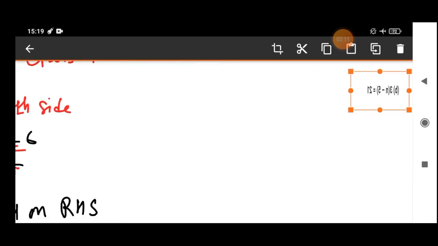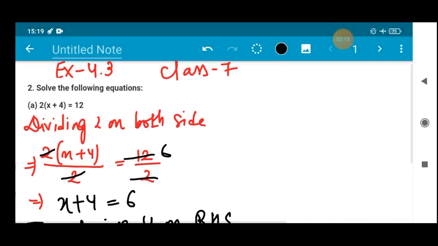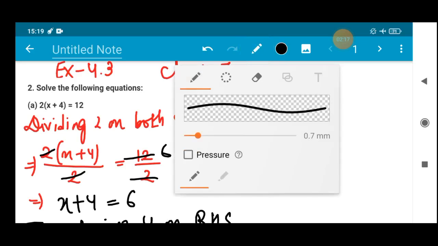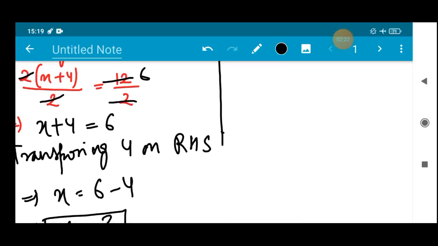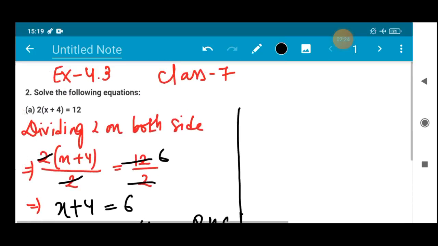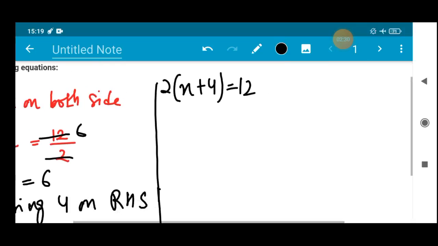Or you people can go for the other method also, which I'll be showing you all. Let me shift this question to that side, make a space, and remember, I'll be showing only one for question number A, this method. I will not be doing the second one. Okay, in the second method, the question is 2(x + 4) = 12. Now when you have such type of question, if you forget how you have to divide, then we can also open the bracket and multiply this number.